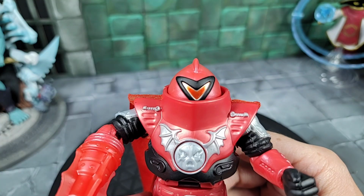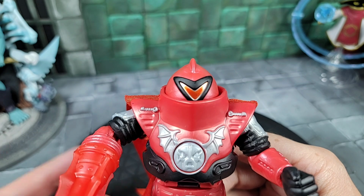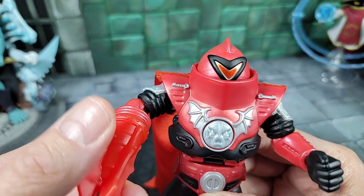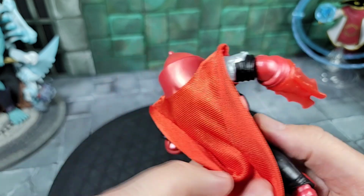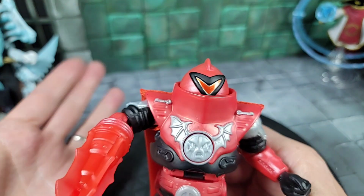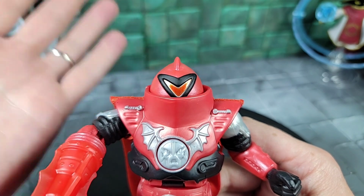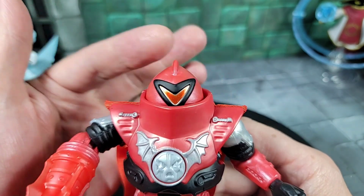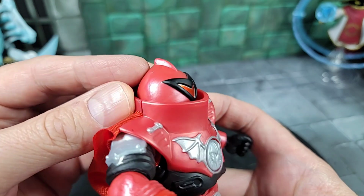And now, taking a closer look at Horde Trooper Prime. So yeah, he's pretty much a Horde Trooper variant repaint, right? Aside from the interchangeable arms and the cloth cape, which we'll take a look at pretty soon. If you're familiar with the Horde Trooper, you know the articulation and the overall helmet and head design. So yeah, it's just that typical...